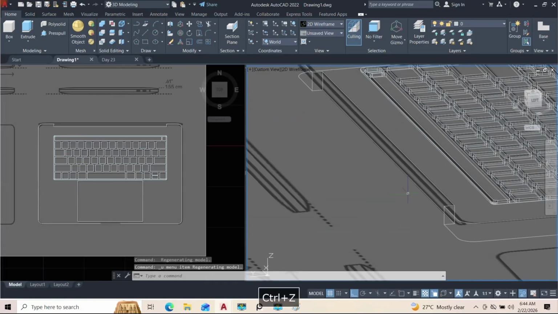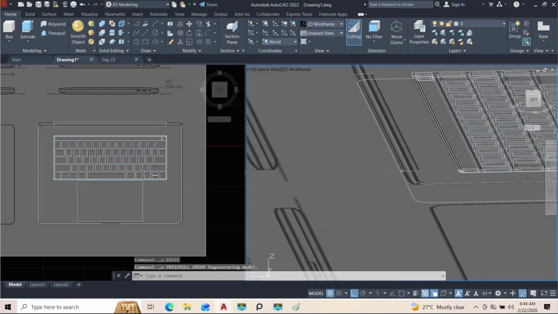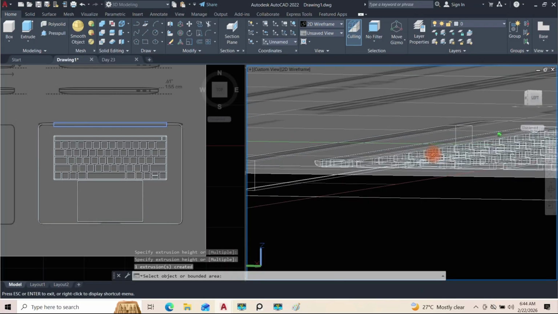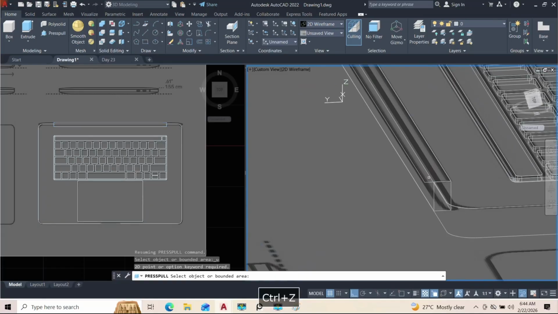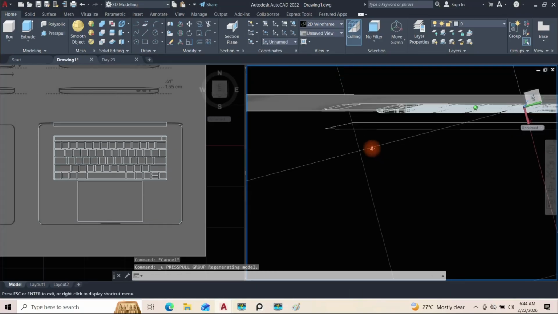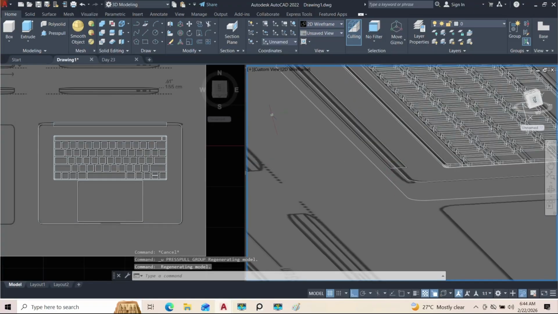So let's undo the press pull. Let's press pull a little bit down, responsibly. So just click here, click. We don't have to go all the way down, so maybe somewhere here. It still goes all the way down, so undo. I think while I'm press pulling, I will just orbit a bit. So let's click here. We want to press pull just this segment,